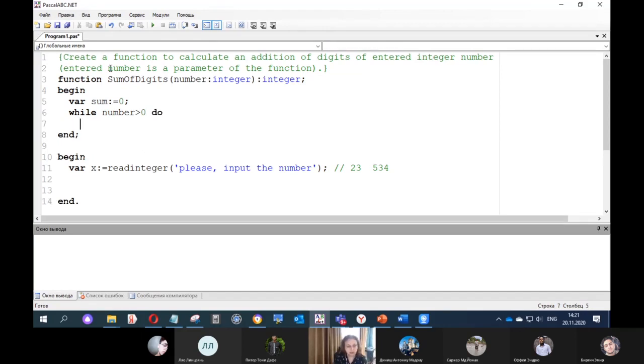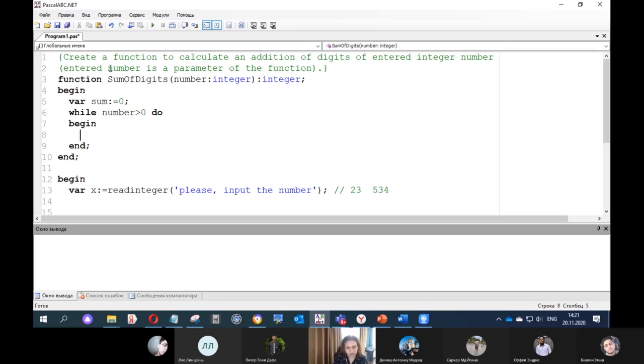Here we need begin and end again, because there will be some statements inside this while loop. We are going to get the last digit from this number. How to get the last digit? It will be some variable, let's call it digit, var digit,